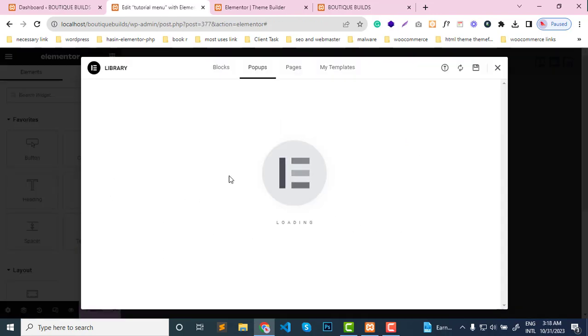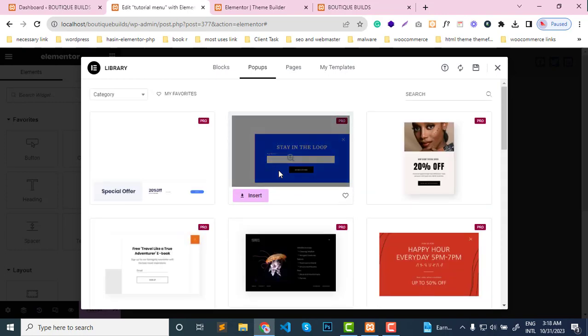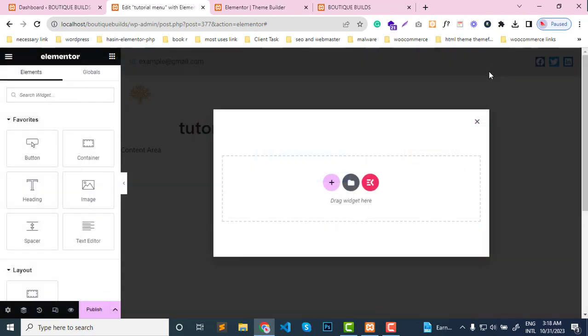Actually, there are some pre-made popup templates, but I'm not going to use any of them. So I'll just click the close button, and that's it. So this is the actual off canvas area. So I shall just click here,